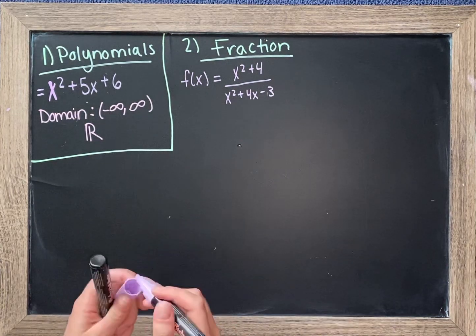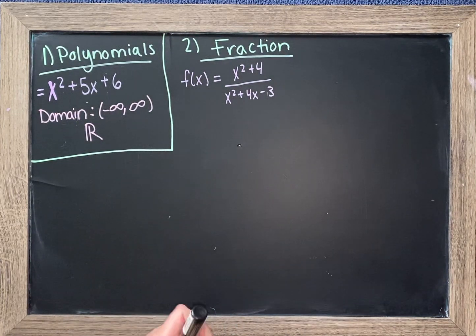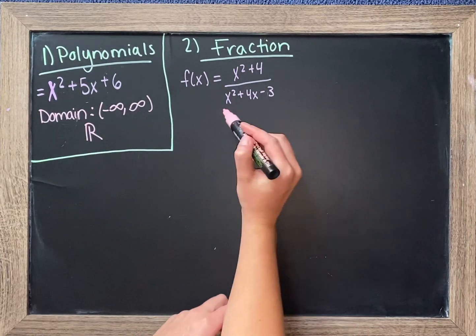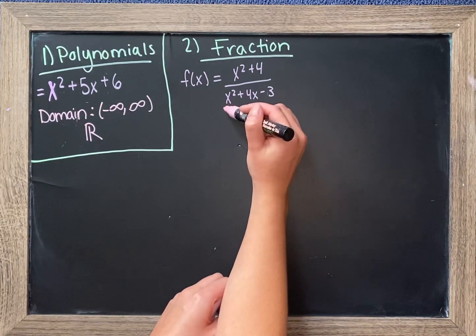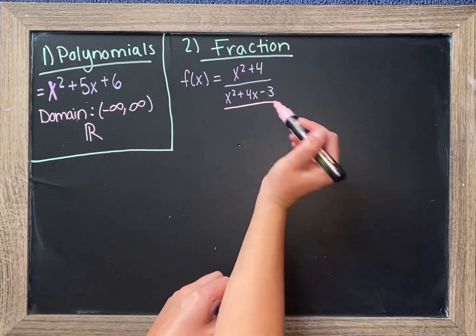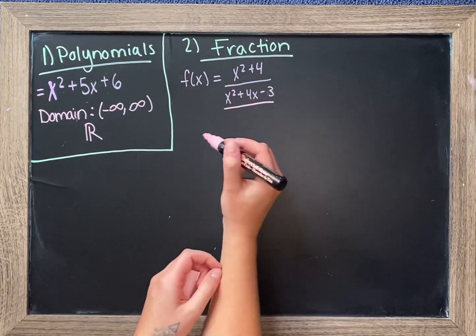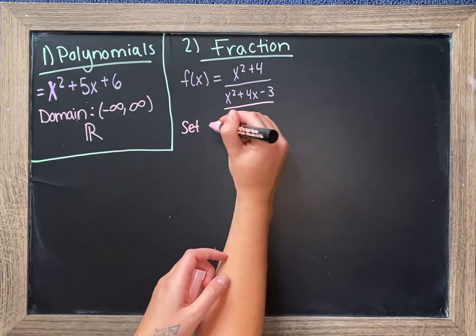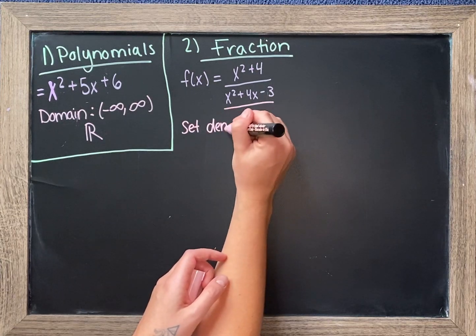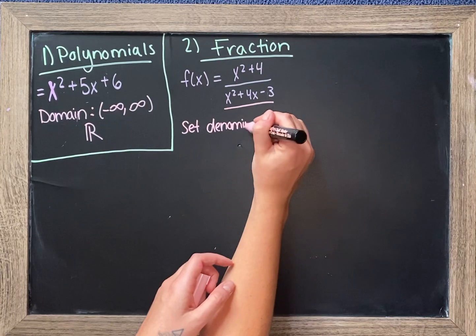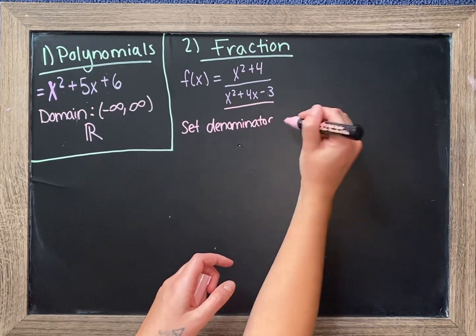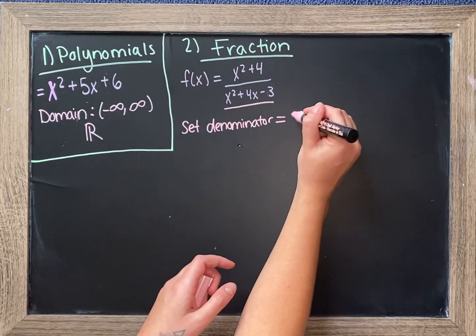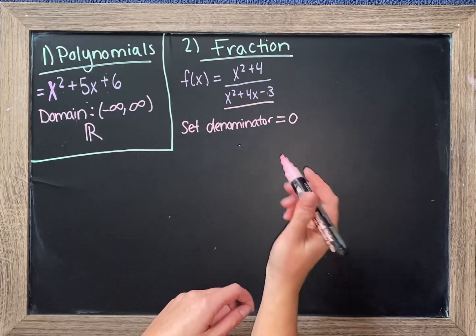With a problem like this, what you have to remember, with any type of equation in the fraction, is to set the denominator equal to 0, and then